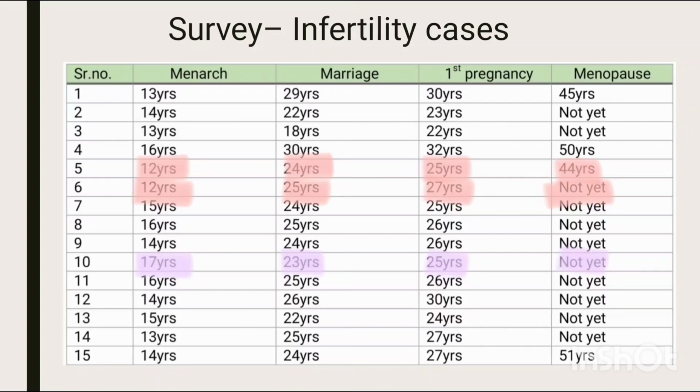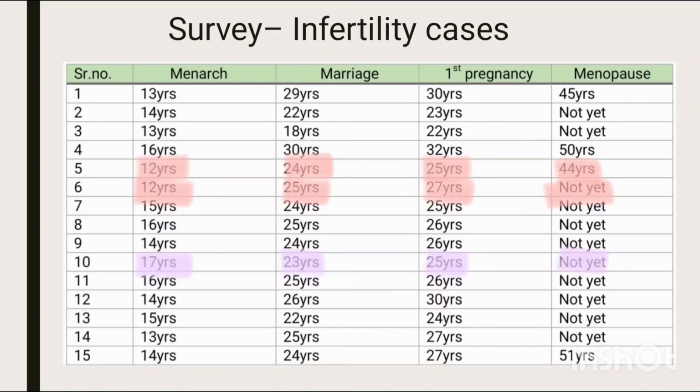Whereas another woman who had her first menstrual cycle at the same age as the previous woman does not get menopause early, unlike the previous woman. So there are exceptions, it differs from person to person. Another case is a woman who had her menarche at 17 years of age, that is the later stage of her teenage. She had her marriage at 23 years of age, first pregnancy at 25 years of age,